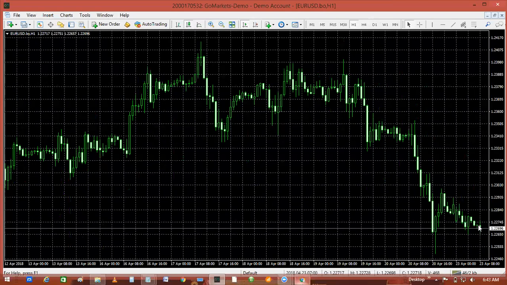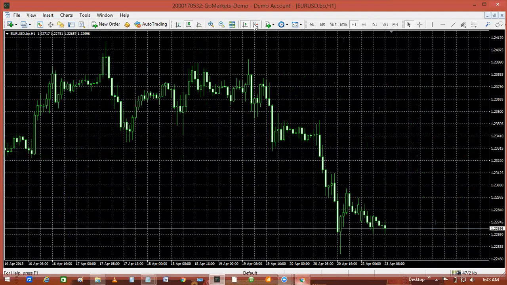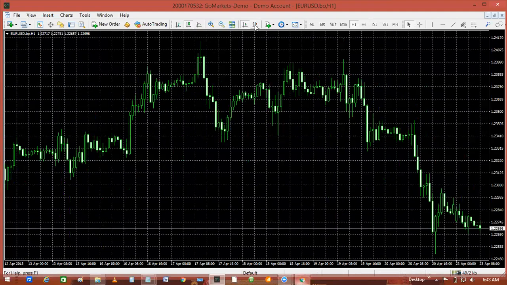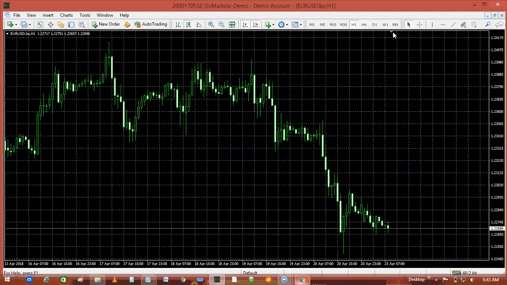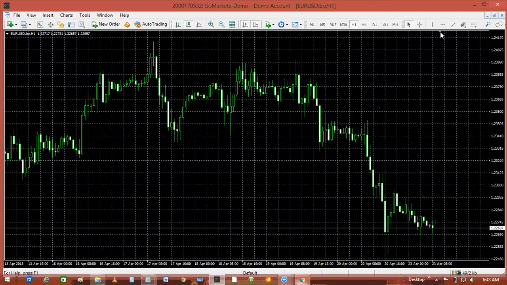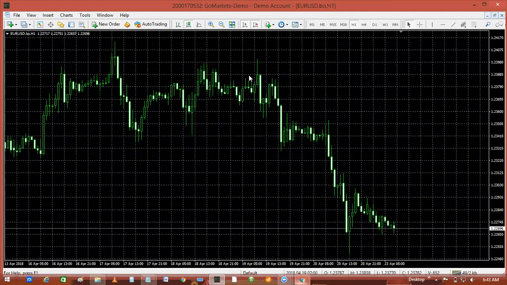Then if the chart is too close to the price line here, you can use these two buttons right here, this and this, to shift it. Okay, see that, to shift it. Or you can manually drag it with this triangle here, drag it as you please. So that's how to